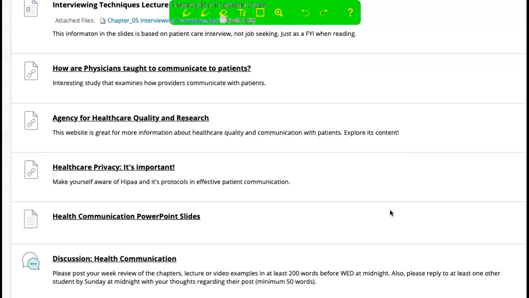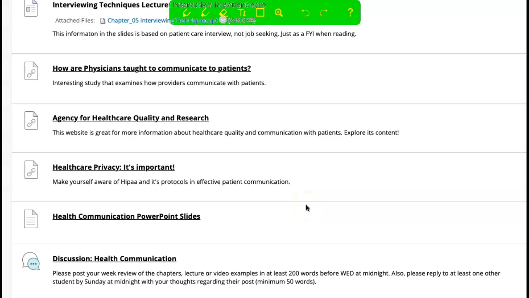There's a link here that talks about that. And the AHRQ, Agency for Healthcare Research and Quality website, I would explore its content. You'll probably have a lot to do with that at some point in your career. It's an agency that regulates quality for healthcare systems, and there's certifications and credentials you can get through that. So when you get a shot at that, take a look.